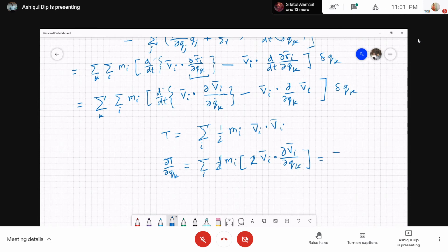So basically, sum over i of m_i v_i dot ∂v_i/∂q_k. This is what you have. Why do we have that term? This is the second term. If you take this summation inside, then sum over i of m_i v_i dot ∂v_i/∂q_k. So this is what we have. We can write the second term as,